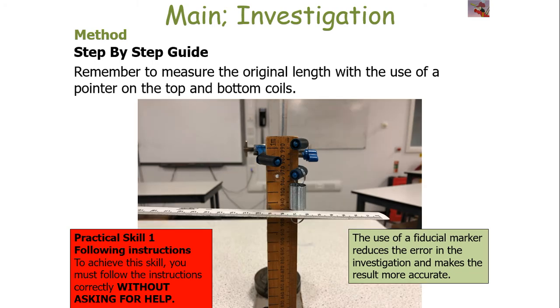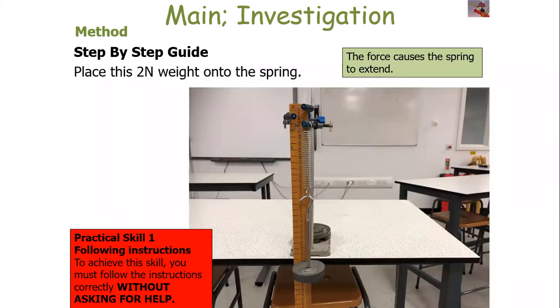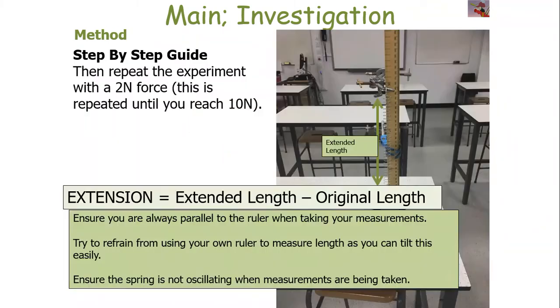You'll then repeat the process again because it makes the experimental values more accurate, but this time you're going to use a 2 Newton weight. You'll then place the 2 Newton weight on the spring. That will cause the spring to extend, and then you can measure the extended length and work out your extension by doing extended length minus original length, and you can take each value for 2, 3, 4, 5, 6, 7,